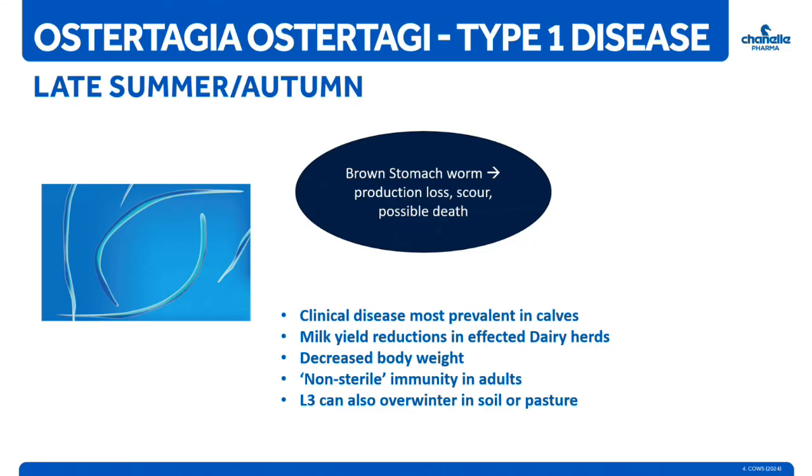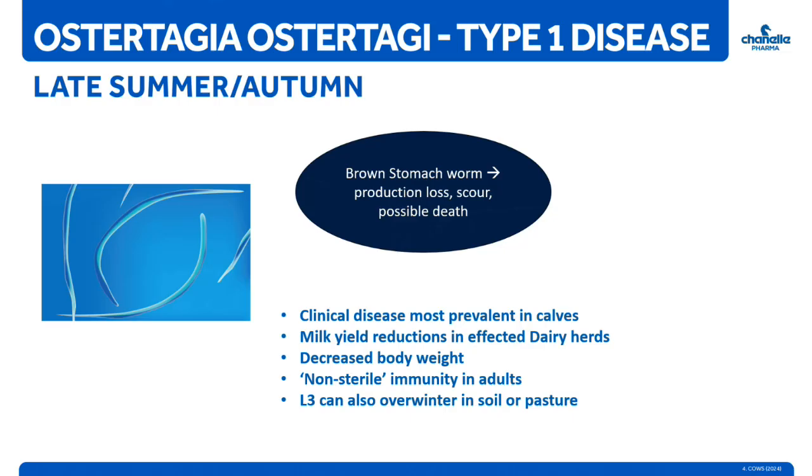Let's start by looking at Ostertagia, in particular Ostertagia type 1 infection. And this occurs in late summer and autumn and leads to weight loss, diarrhea in calves, and occasionally death. The worm causes damage and clinical signs when they erupt out of the abomasal glands as part of their life cycle. As we said before, the worst case scenario is death. However, reduced growth rates and scouring are more commonly seen.